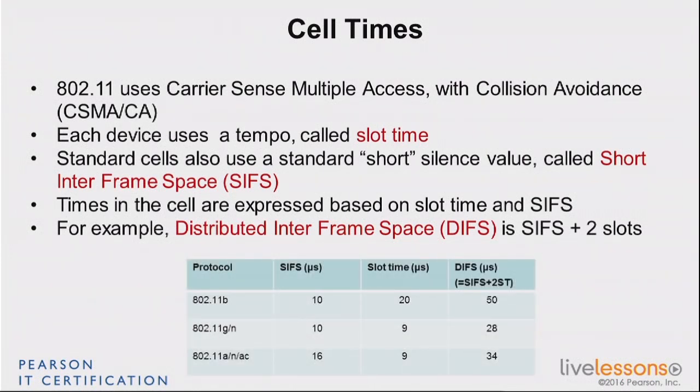Those values change again depending on the protocol, so here you have a few numbers. What matters is primarily what happens in G and N/AC, of course. And you see the SIFS is slightly different, but the slot time is the same for both. Do you need to know those numbers for the CCNA? It doesn't hurt if you do, because that allows you to understand that different stations with different protocols are going to implement a different view of the time at which the cell is running. So it's interesting to understand those differences.